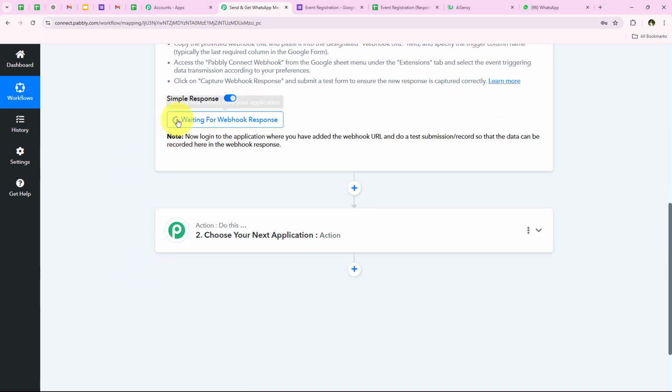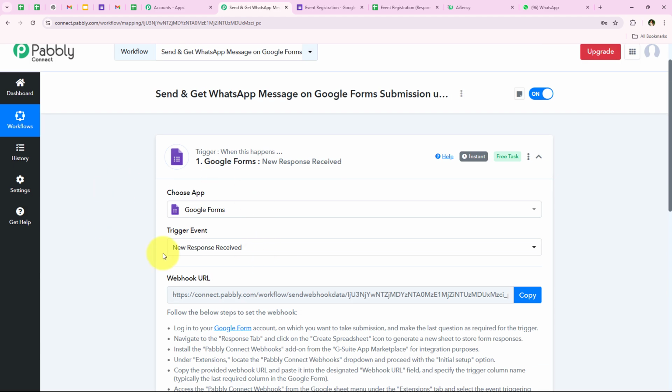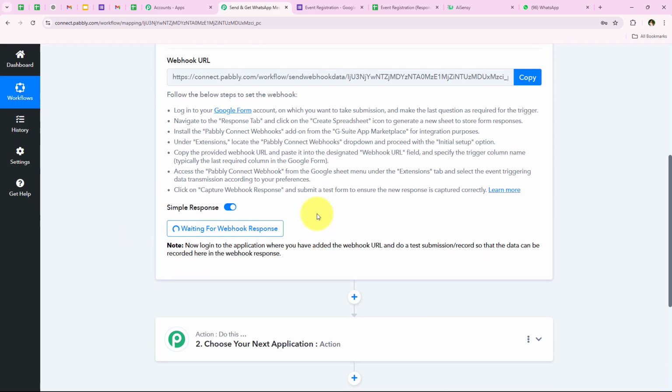But now as you can see, it is saying "waiting for a webhook response," and in the notes it is saying "do a test submission / record." So what we have to do is submit a response in our Google Forms, which is we have to make a registration with the help of Google Forms so that we can receive the response